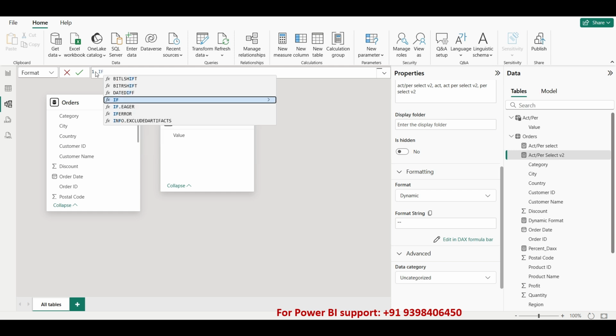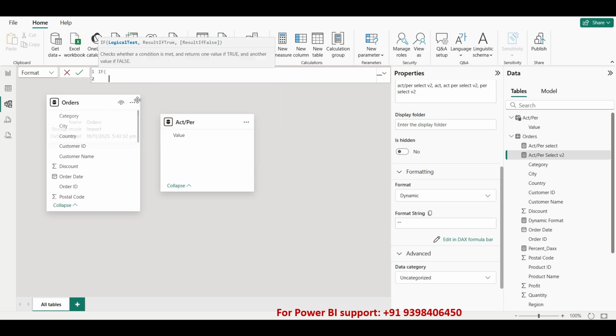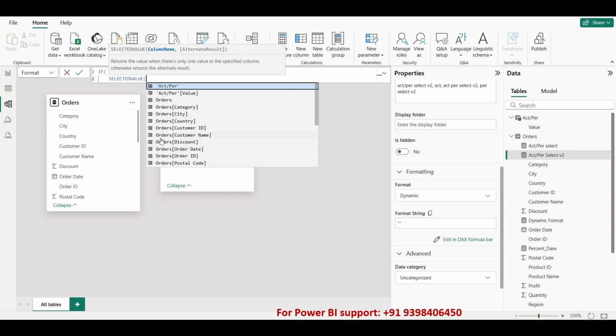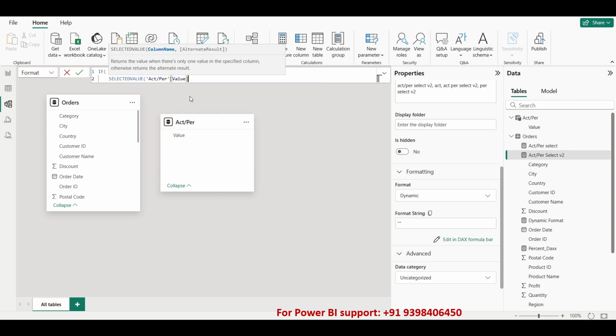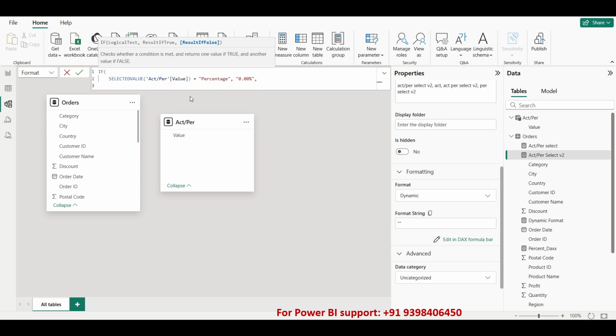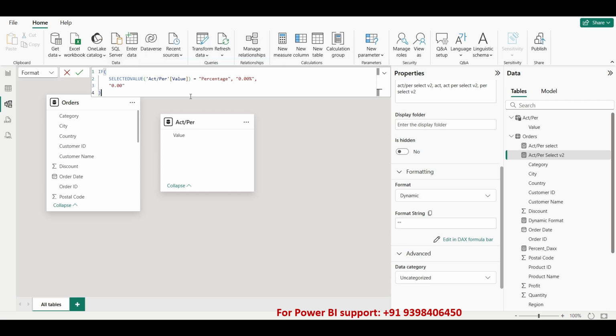Let's start with an IF condition here. If my selected measure from the percent value is equal to percentage, let me take percentage first, because I'm interested in percentage. So if it is a percentage, maybe we can give it as 0.00 percentage. So this is a format string for percentage in Power BI. And else, I just want a number as it is to be displayed, because I am just viewing the millions